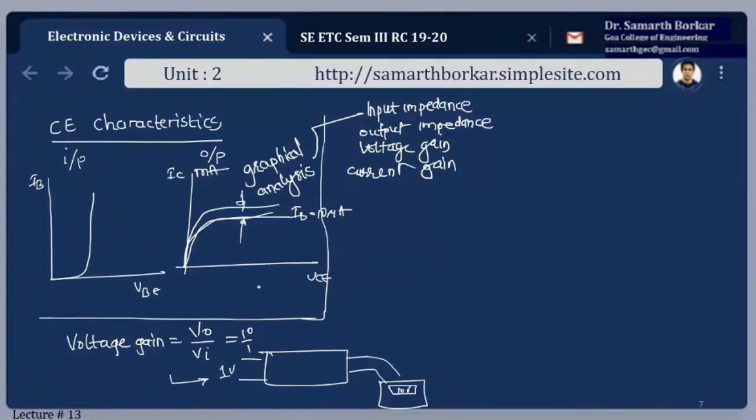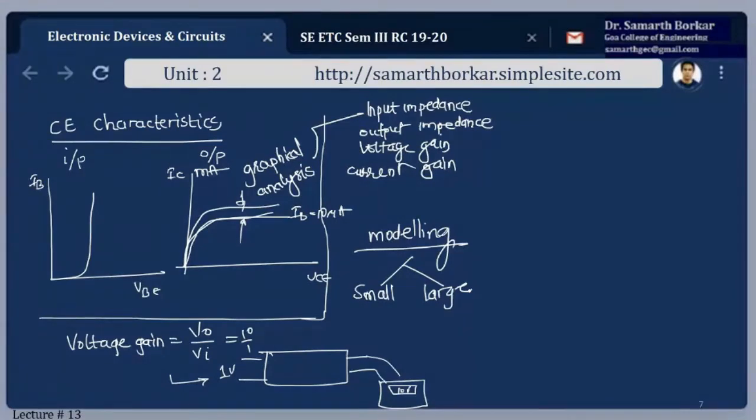So if I want to know the gain, I can do the experimental setup and get the values, or I can do the graphical analysis, or the third approach is doing the modeling. And modeling is preferred for low signals. There are two types of signals: small signals and large signals. The name itself tells you the difference. A small signal is one wherein the signal strength, the amplitude, the magnitude of that input voltage is up to 10% of the Q point.